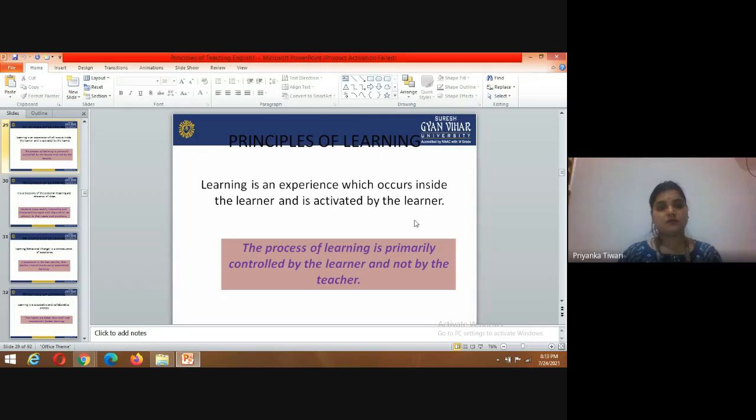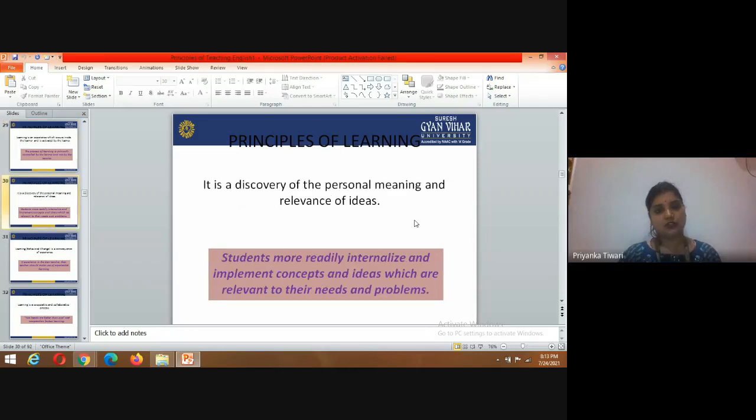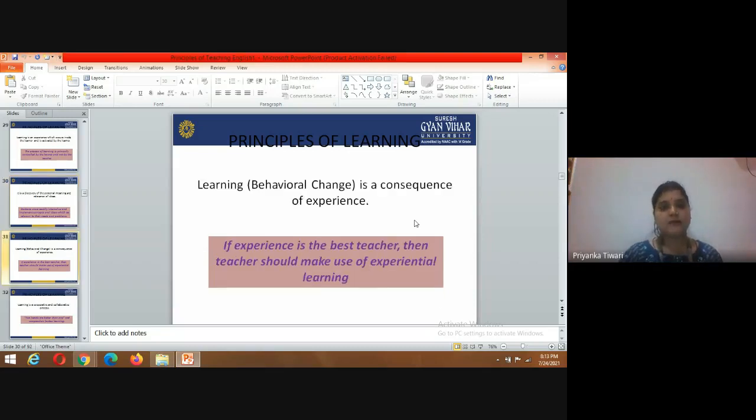So, principles of learning: learning is an experience which occurs inside the learner and is activated by the learner. So the process of learning is primarily controlled by the learner and not by the teacher. In principles of learning, we have discussed the meaning, layers of ideas, and principles of learning, behavior,